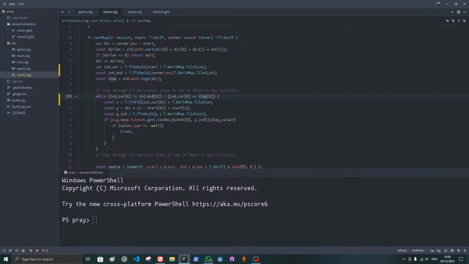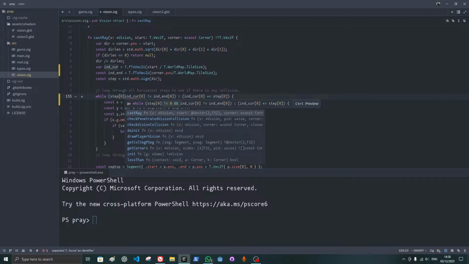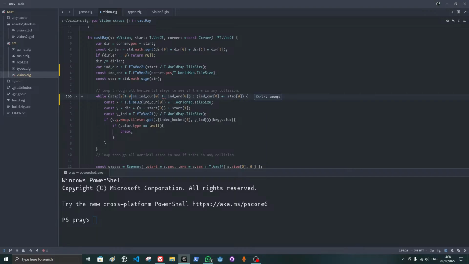That could be -1 or 1. It could be 0, then this becomes an infinite loop. So I have to put and here. I have to say, for example, step 0 is not 0 and